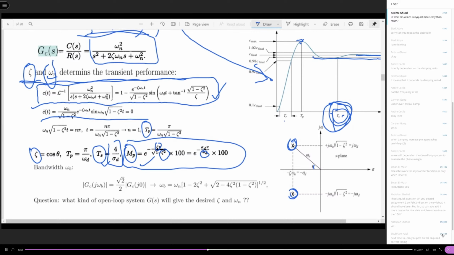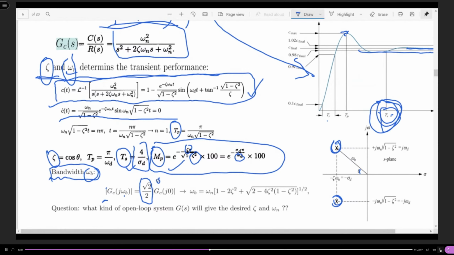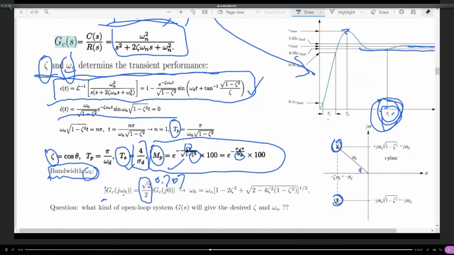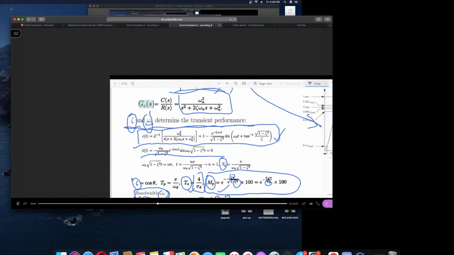Now here we introduce one more performance index for the transient performance, which is what we call the bandwidth. The bandwidth is defined as the frequency at which the magnitude of the transfer function drops to 0.707, that is, square root of 2 over 2, which equals 0.707. So this means that